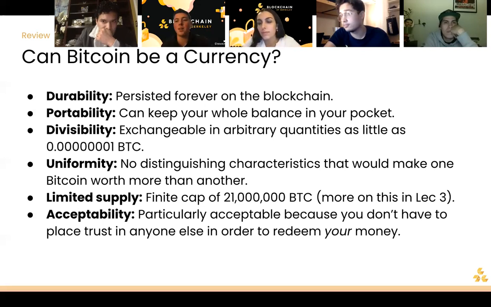And then acceptability. Even more so recently, with all the news about Bitcoin out in the world, people do believe in it and are investing in it, and can actually see it as a foreseeable transaction or currency vehicle for the future.